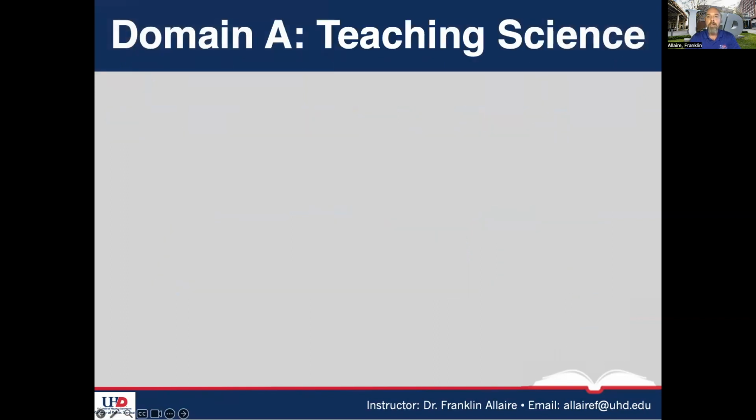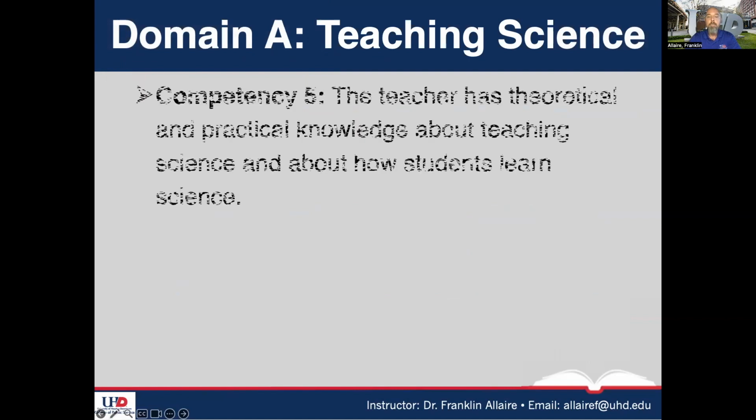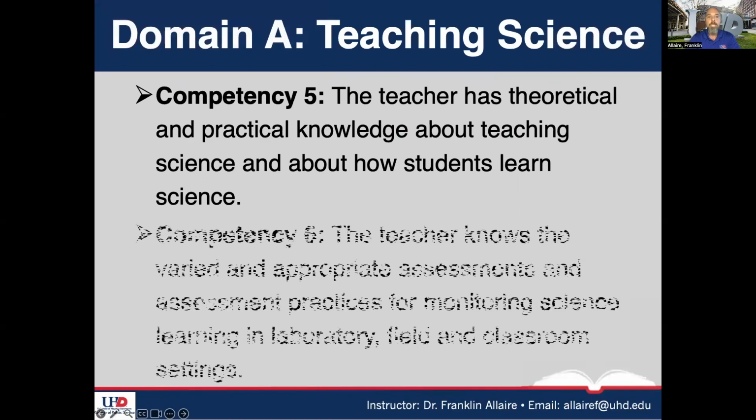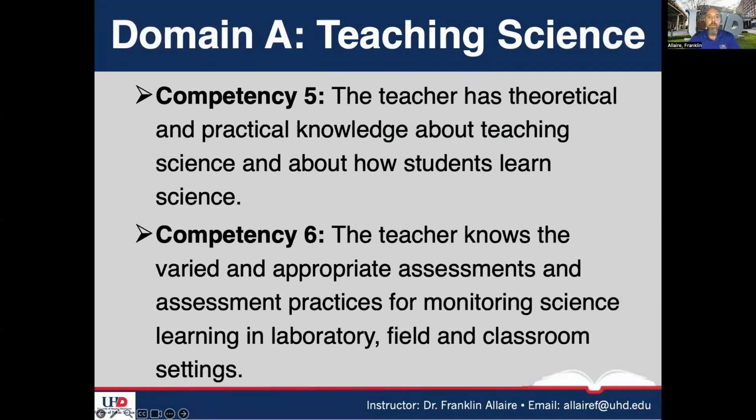Now that you've filled out the first two columns of your KWL chart and answered the discussion prompts, let's take a look at science teaching competencies 5 and 6. Competency 5 says, the teacher has theoretical and practical knowledge about teaching science and about how students learn science. Competency 6 says, the teacher knows the varied and appropriate assessments and assessment practices for monitoring science learning in laboratory,